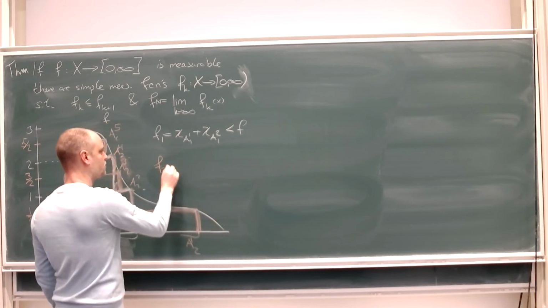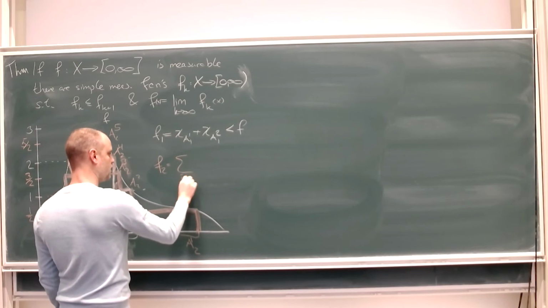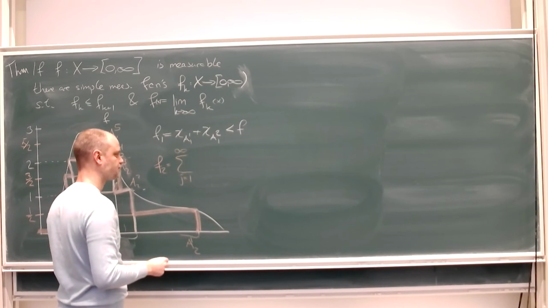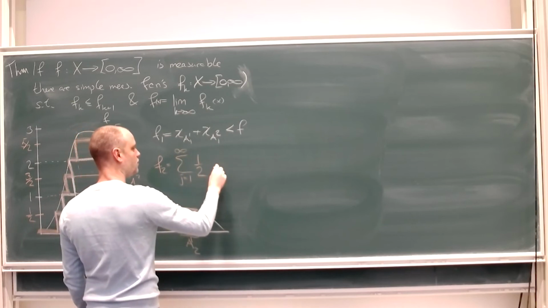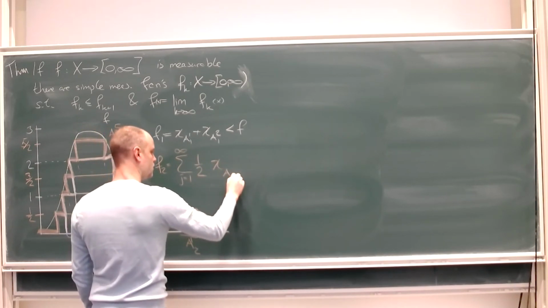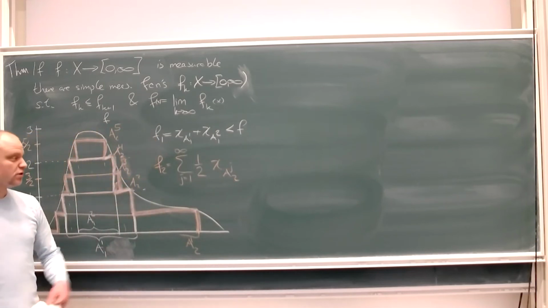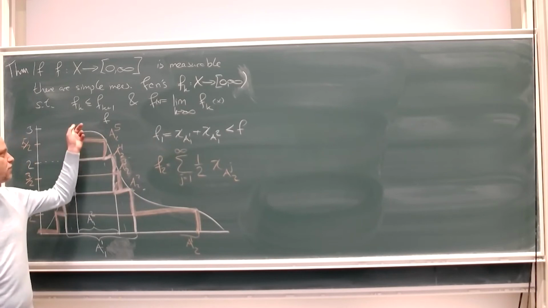I write f2 equals the sum, j goes from 1 to infinity, 1/2 times the characteristic function of A2,j. Okay, so the sum to infinity doesn't matter because once you get above here,